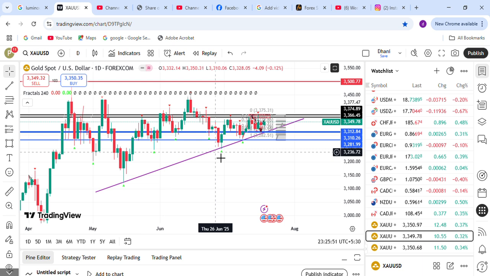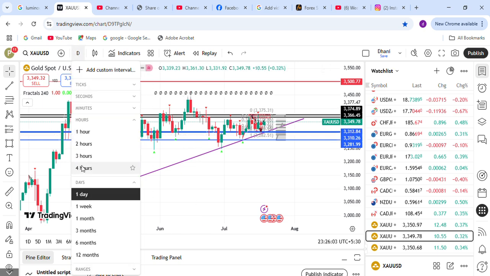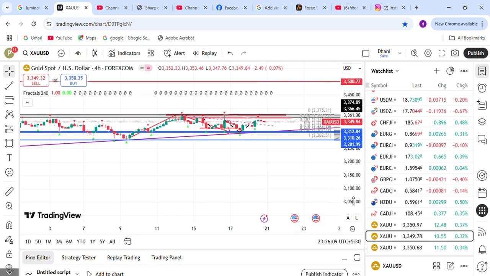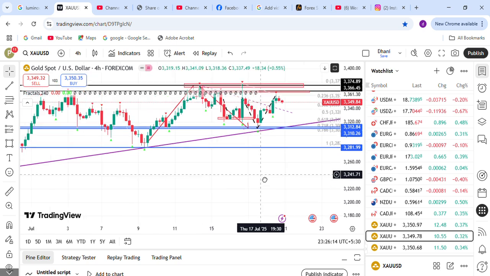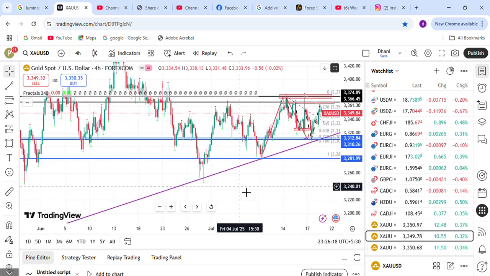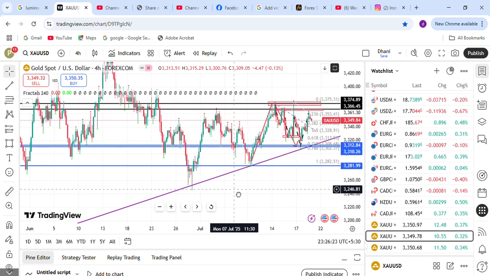or what type of opportunity we should look for, even if we don't trade, or even if we trade on the demo account. Still, let's say for educational purposes, if you want to understand this, then this whole forecast is going to bring a lot of positive change in your trading. But you have to stay patient and stay with me till the end to get each and every concept that I am going to discuss in the video.